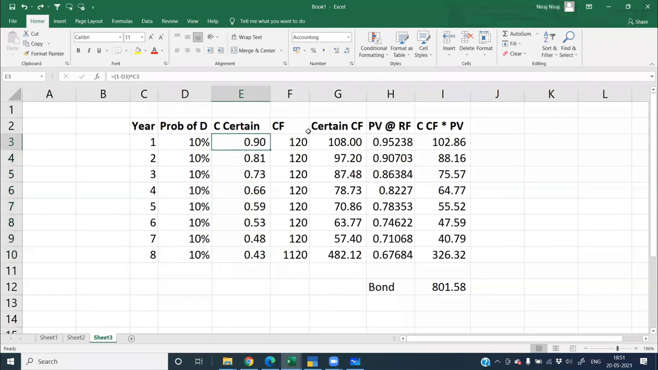हमने यहाँ पे certainty approach निकाल के certain cash flows पहले कैलकुलेट किए। certain cash flow कैलकुलेट करने के बाद हमने फाइंड आउट किया कि वैल्यू ऑफ बॉन्ड कितनी आएगी, 801 रुपीज।